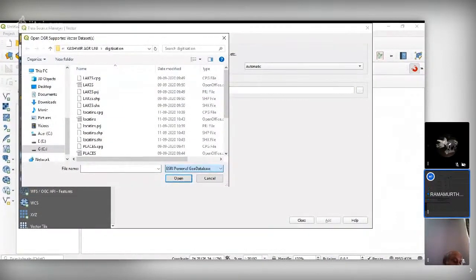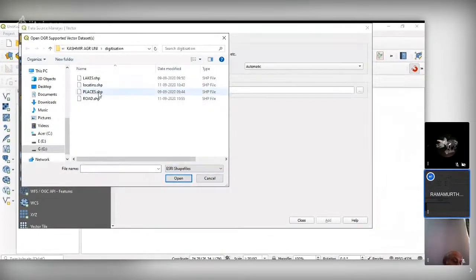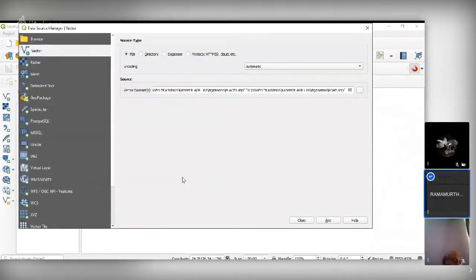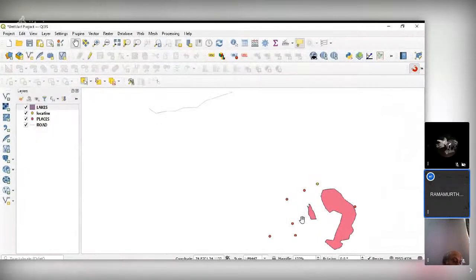History shapefile. Okay. So you can select all the things and just add it. Roads are at different locations and here.